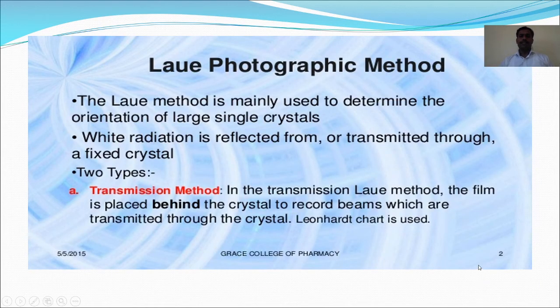Two methods are suggested to study the crystal structure. The first one is Laue method, the second one is Bragg's method. We will study only the Laue method. Laue considered that a crystal, obtained from an arrangement of atoms, ions and molecules, can act as a diffraction grating, and the diffraction pattern is obtained on a photographic plate, which will be studied, and from that diffraction pattern we obtain information about the crystal structure.